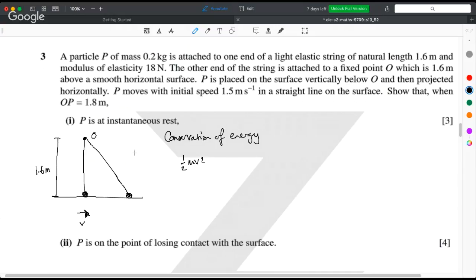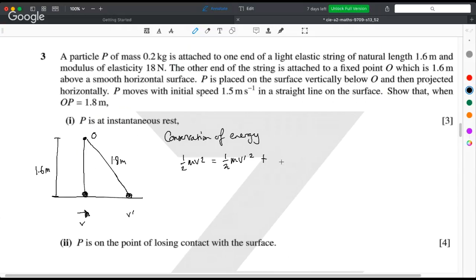And the natural length of the string is also 1.6, so that's no problem. Now, at this later point, the length of the string is now 1.8 meters. So we're going to say this is equal to whatever kinetic energy v prime the thing has at this point,